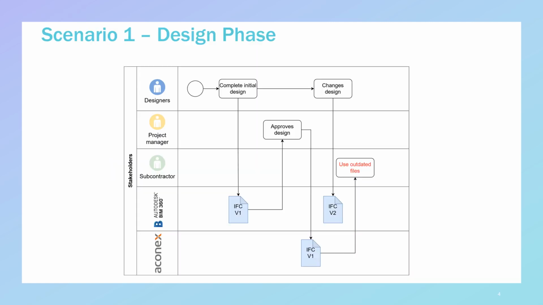During the design phase, data is circulating through different approval and sign-off processes, which means that it takes time before the newest data will be approved and available to other stakeholders, which also leads to the problem that some of the subcontractors might use outdated data which is not approved yet.